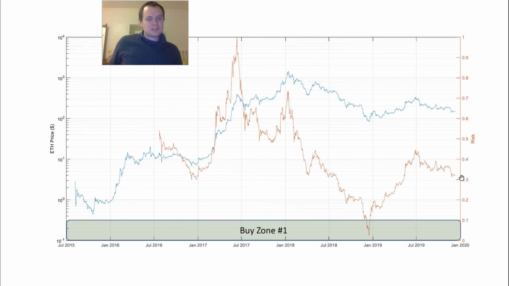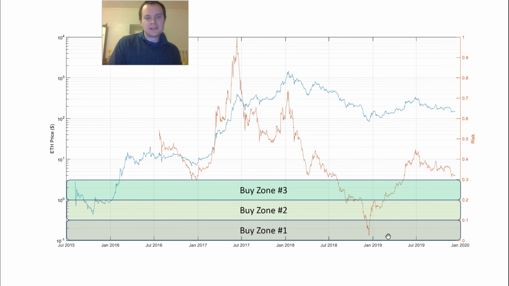If you can offload some of that risk, if your risk gets too high, you might want to offload some of it by selling it and maybe converting it to fiat or to another cryptocurrency, if there's another one that has, say, a lower risk at the time and you want to form more of a longer term position in that coin. But this basically is where I'm putting in the most money into Ethereum. I'm dollar cost averaging the most, and then I have another couple buy regions as well where I continue to dollar cost average. It's just not as much. So I stick to that pretty